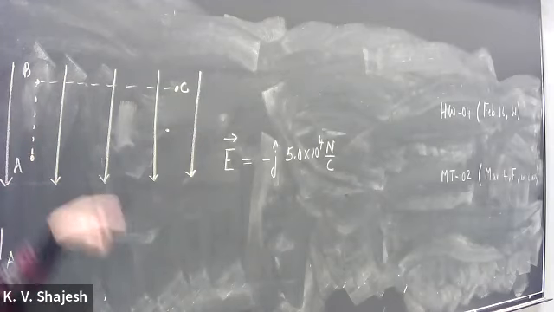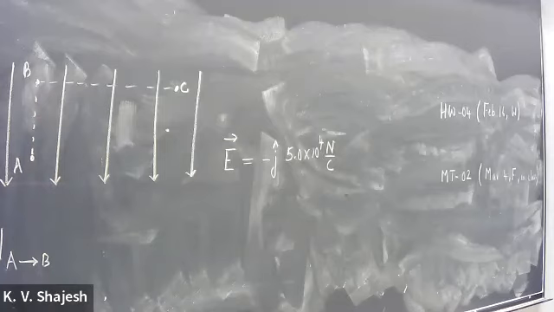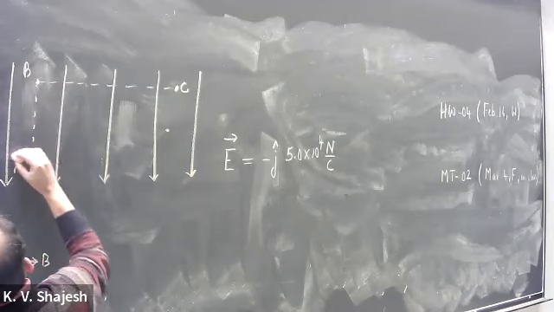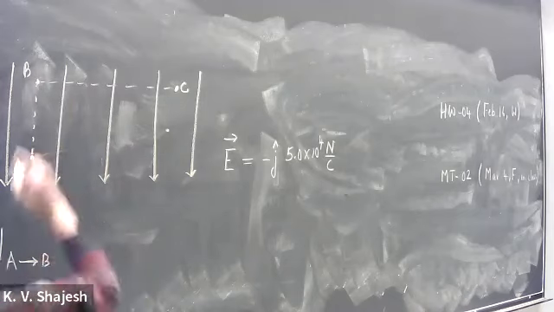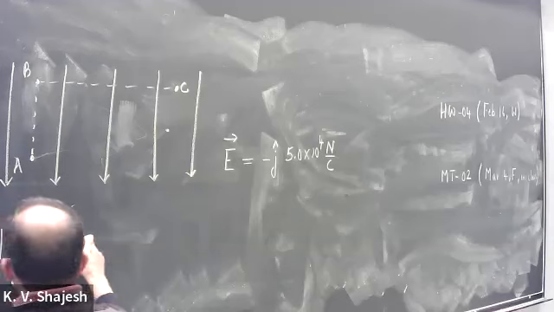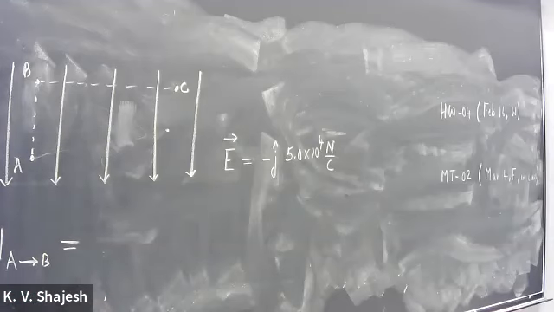I can reach point B from point A in many ways. That's only one possibility, right? That's one path. I could have gone like this. I could have gone like that. I can go all the way there and come back. So there are infinite ways of starting from point A and reaching B. And this is a very specific path I have taken. So let's calculate this anyway. Since I've given the path, we'll address the path independence very soon. But the work done from point A to point B is the force times the displacement.